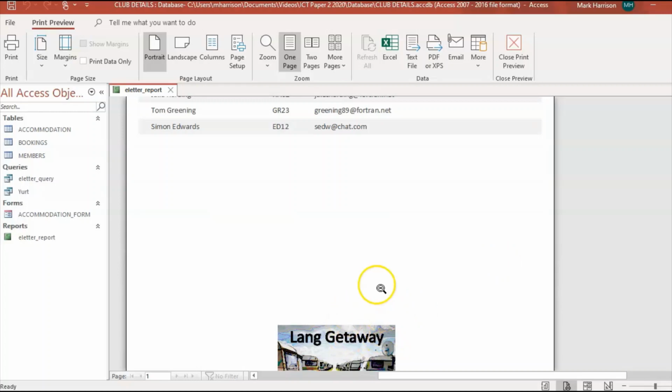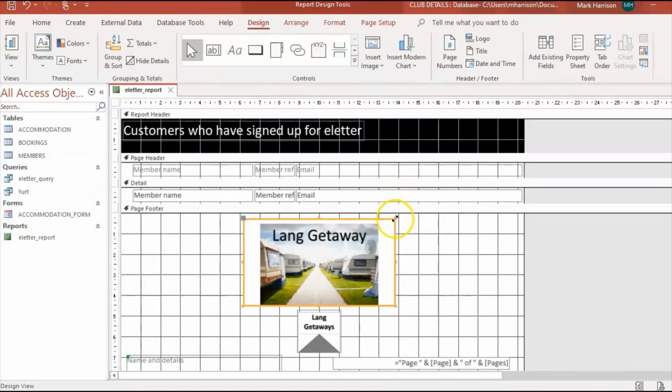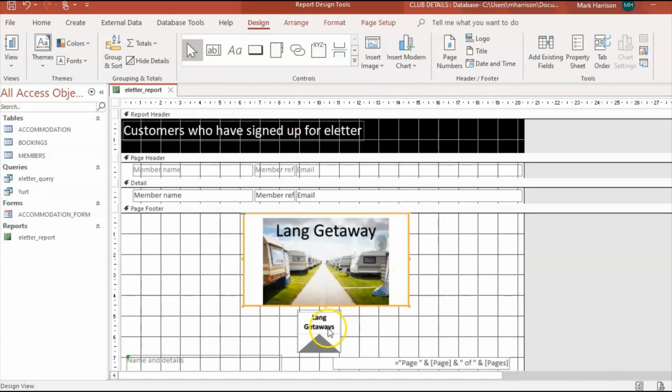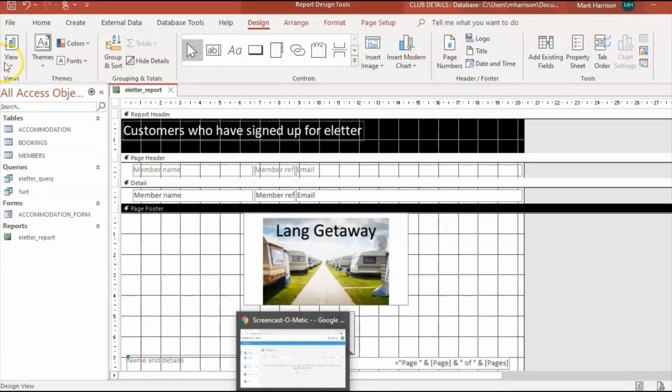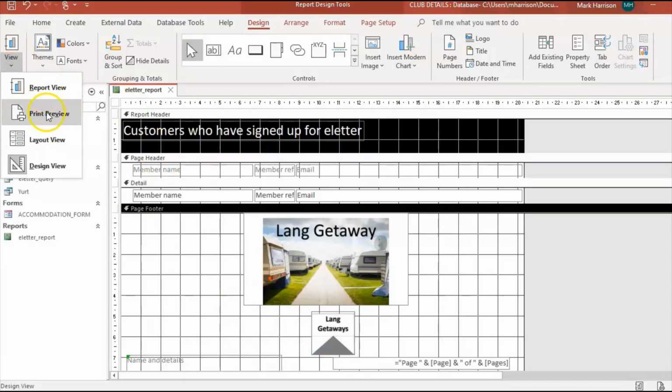So what I could do is perhaps make that close print preview. I could perhaps make my image a bit bigger there. Okay, might want to make that a bit bigger. As long as it's on there, that is okay. That will do. And then what I need to do now is to go back to print preview, and I